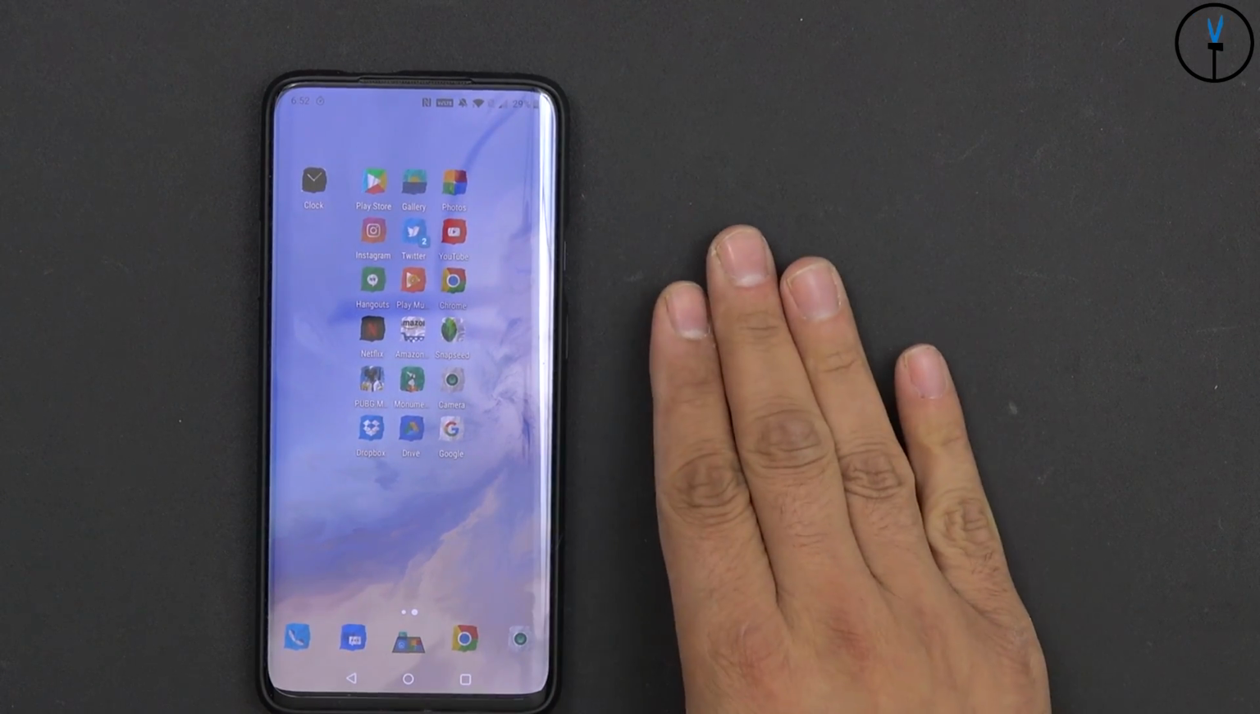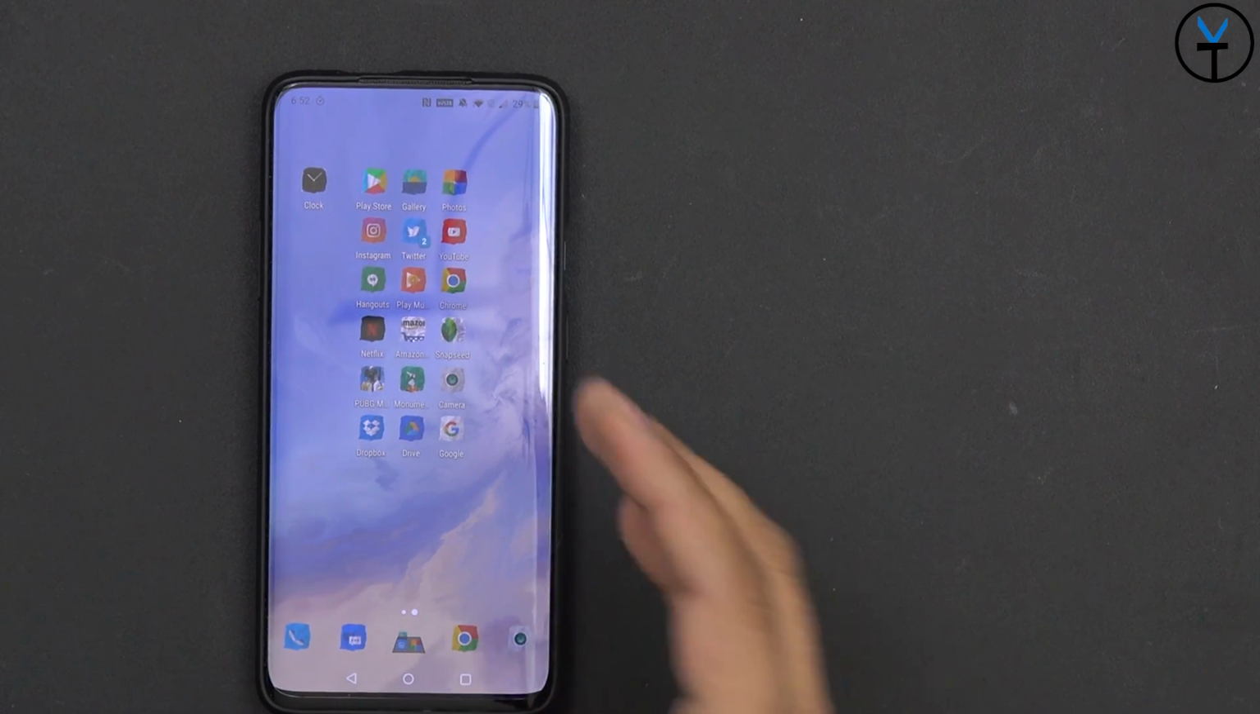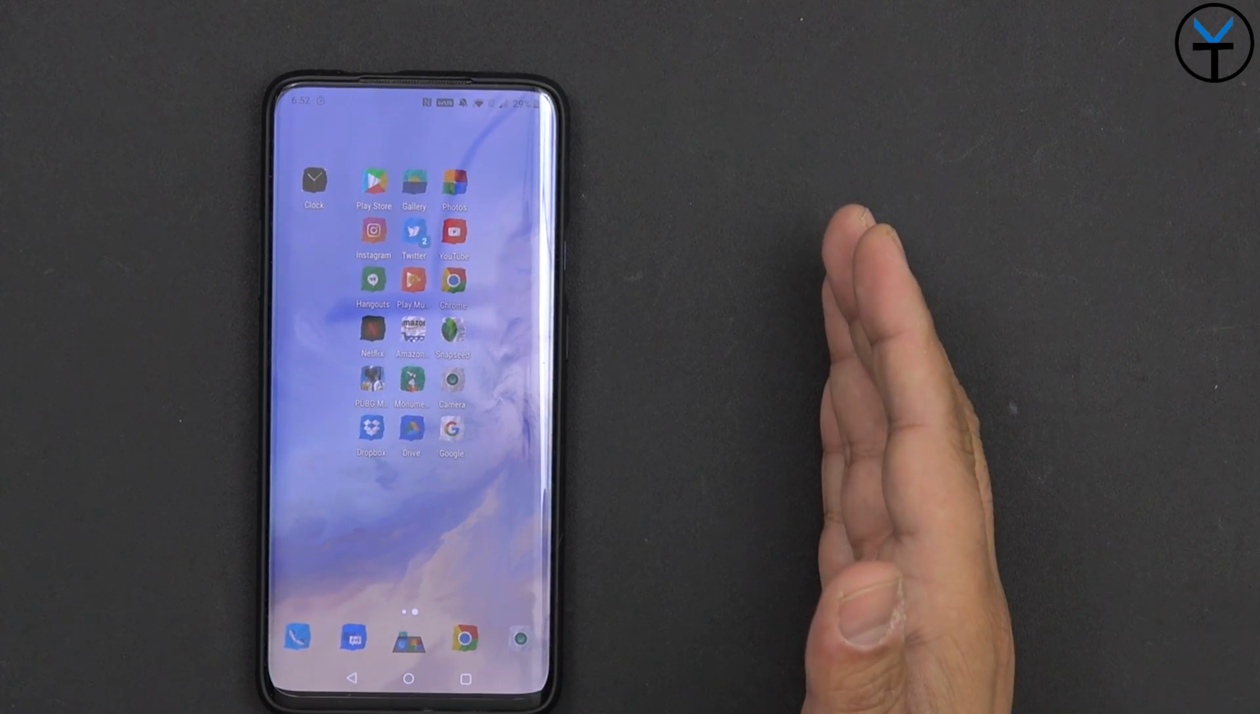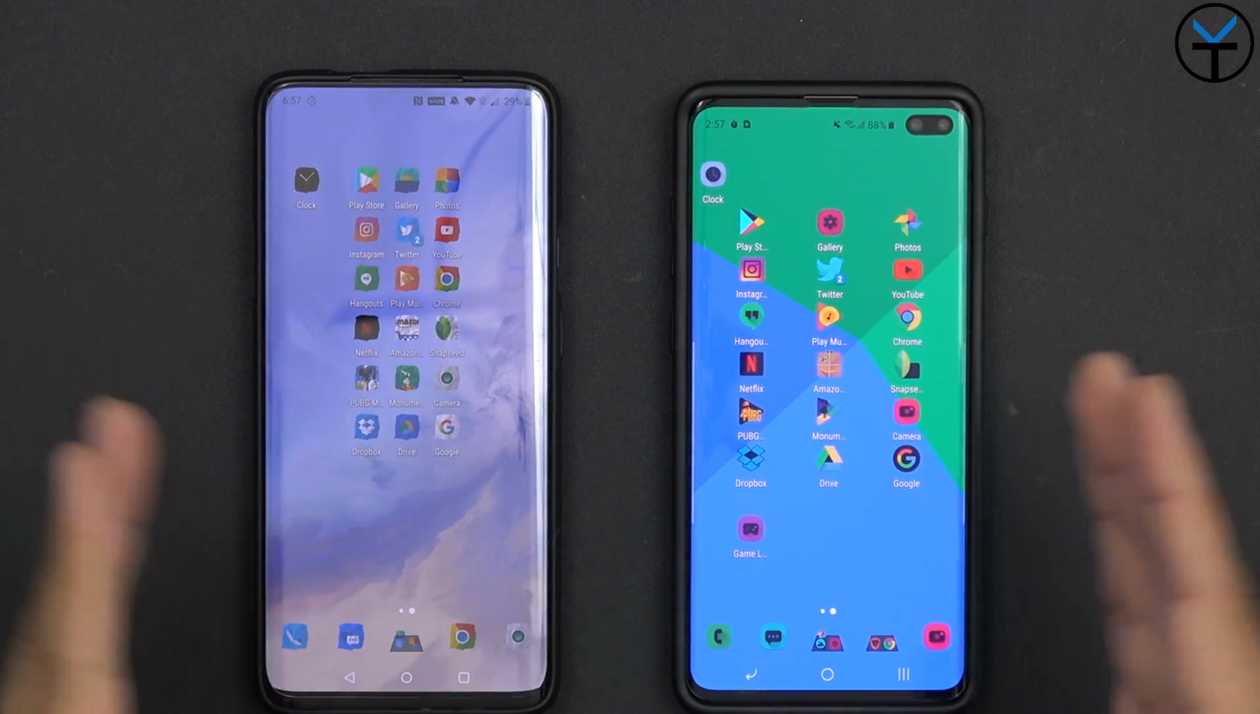So overall, as far as RAM management and speed, it looks like the OnePlus 7 Pro does have a little bit of an edge, just as long as you're comparing it straight to the Galaxy S10 Plus. We're about a second faster. Now, one of the things that could have contributed to the difference in time between the two is